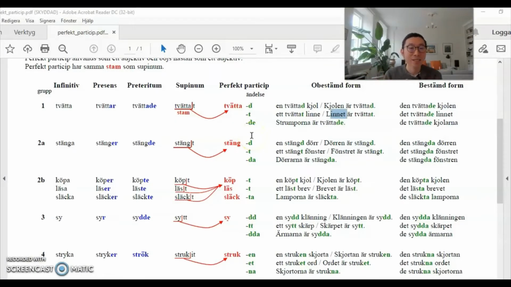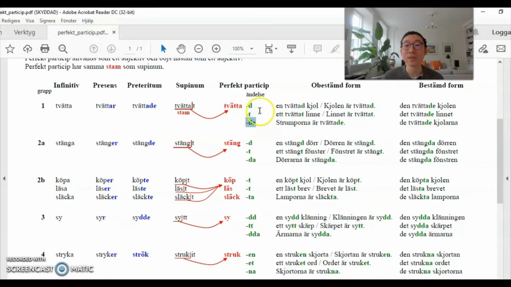Now let's look at this chart to see how it works with different groups of verbs. So let's look at the first group to start with. Grupp 1, tvätta, tvättar, tvättade, tvättat. So those are the tenses of the verb tvätta. So here we are still talking about the tenses of them as a verb. But when you create perfect particip, remember, now they are not verbs anymore, they are adjectives. So for en word, you use tvättad, ett word, tvättat,